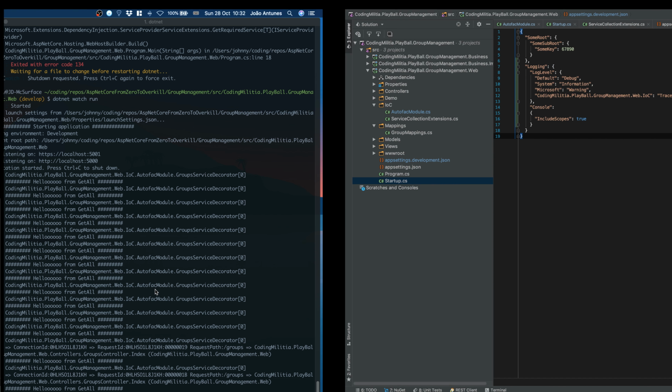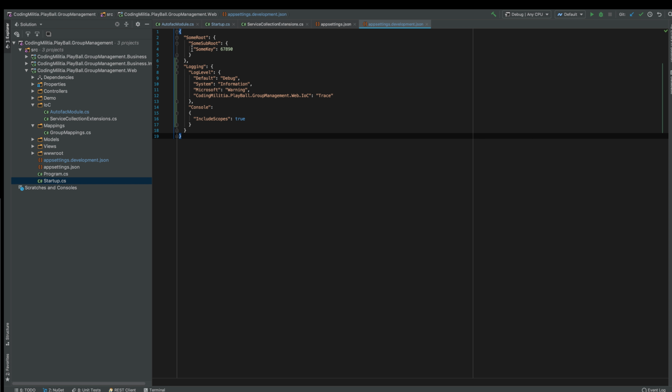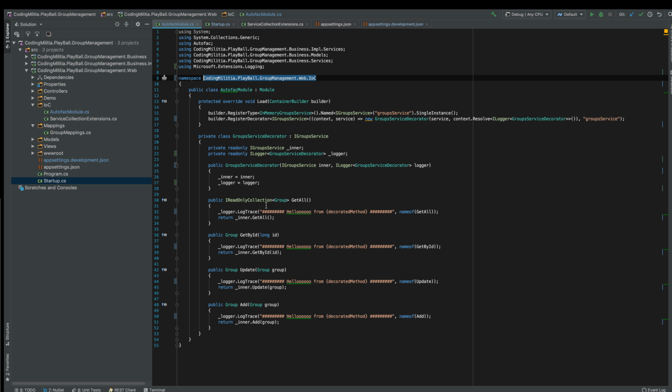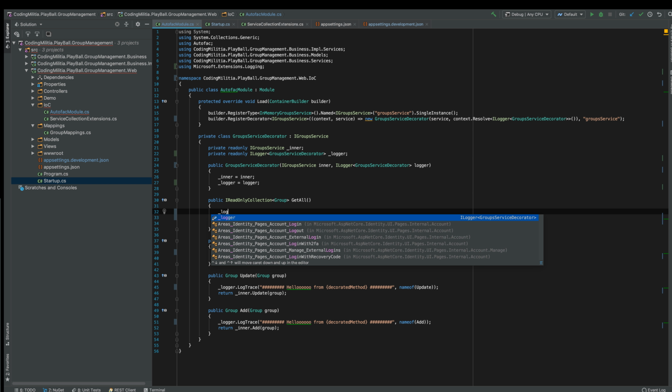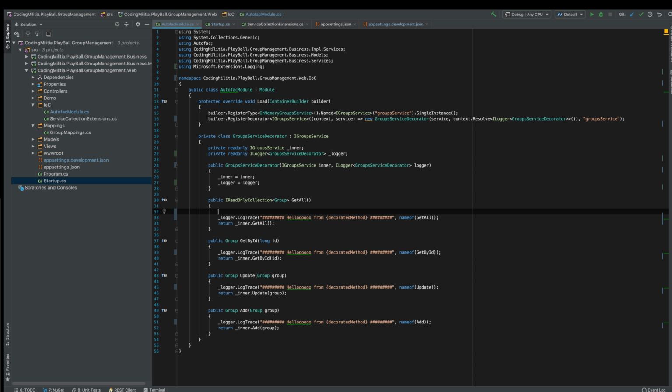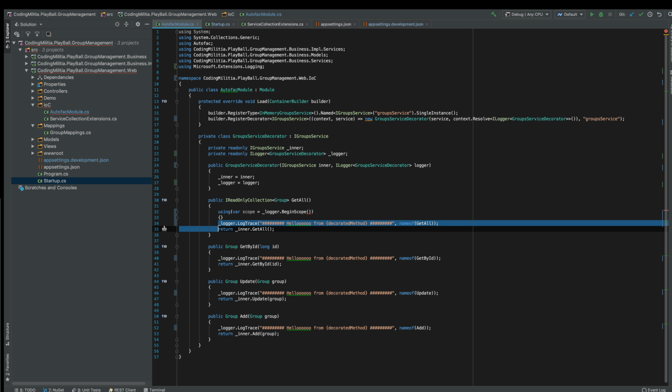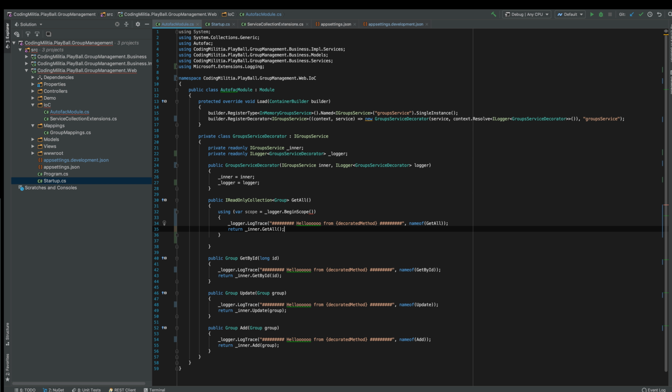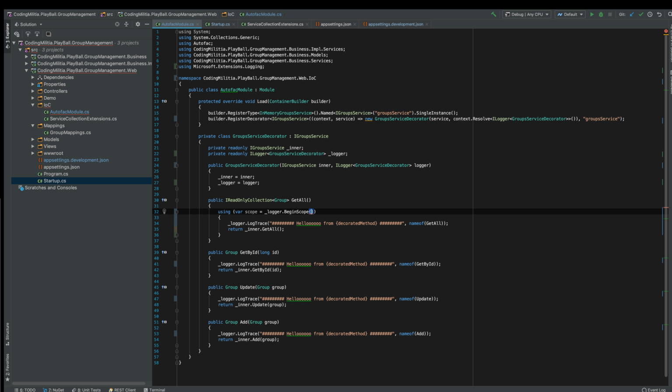So how can we use logs ourselves? As we've seen, this is being used automatically by ASP.NET Core. So we can go here and do logger, using, because it's a disposable. Our scope equals logger dot begin scope. And to the begin scope we can pass some information we want to be there. So in this case I'll add a string